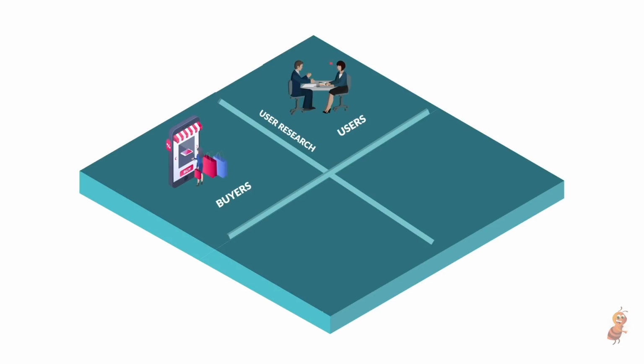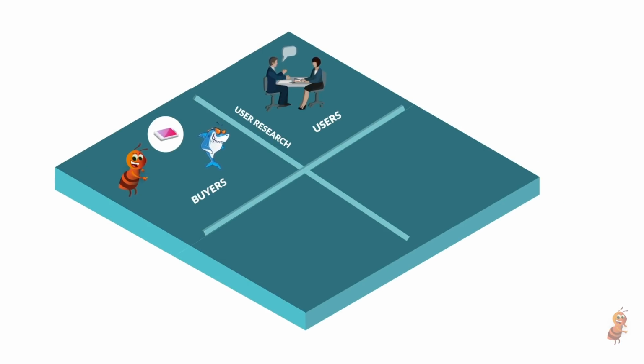Sometimes they could be the same, but not necessarily. If I'm buying food for myself, I'm the user and I'm the buyer. If I'm buying a phone for my friend Sharky at Startup Planner as a birthday present, he is the user and I'm the buyer. The users generally want the best, and the buyers explore all possible options before buying.